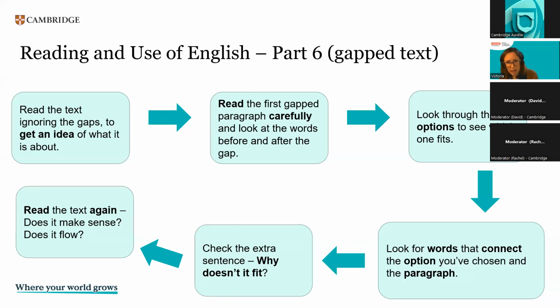Read it carefully, look at the words before and after the gap. Go through the different options to see which one fits. You have to do this quickly. And then try to identify words that connect the option, that's the sentence, and the paragraph. Then, once you have done this with the different gaps,